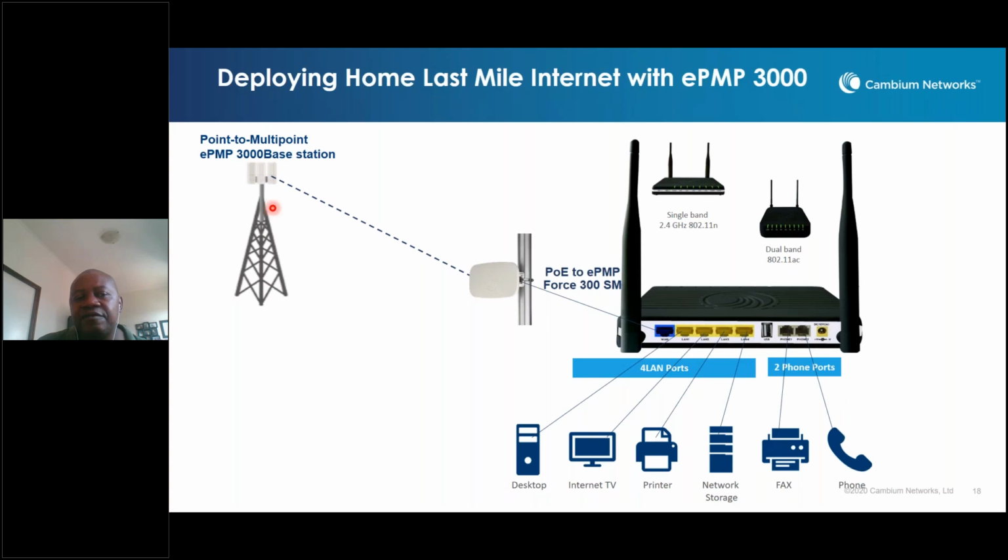You would have your tower, and on your tower you have your base stations or your sectors, what we like to call APs in the Cambium world, talking to subscribers at your customer location, and then this CPE connected by Ethernet into